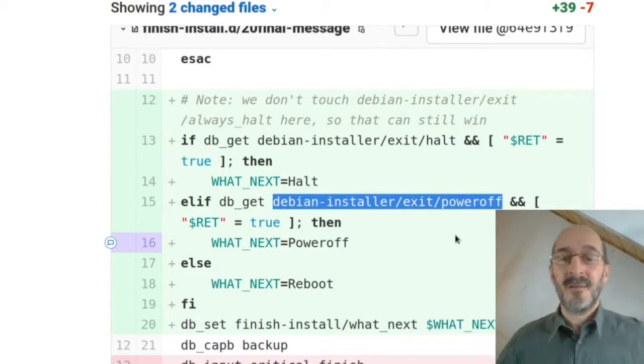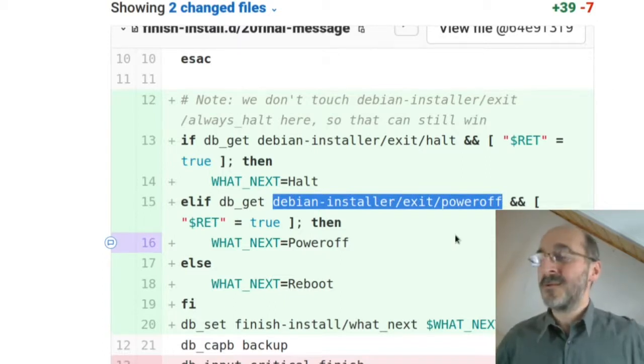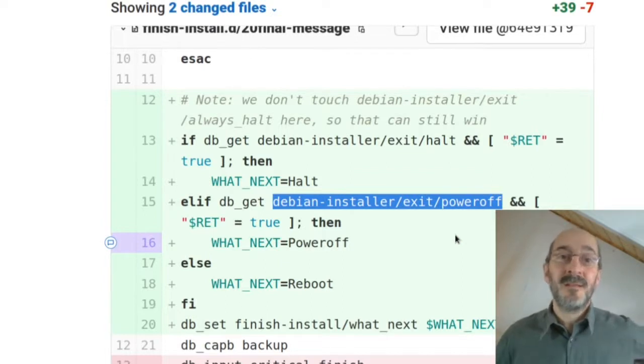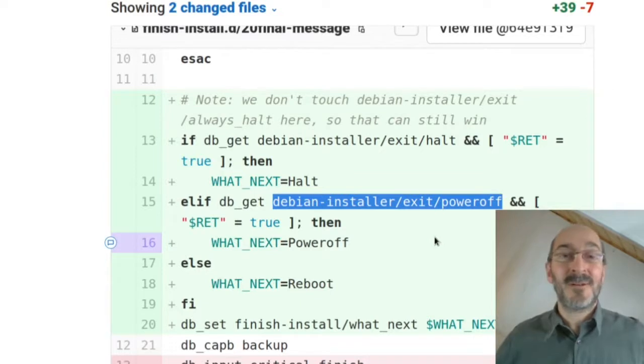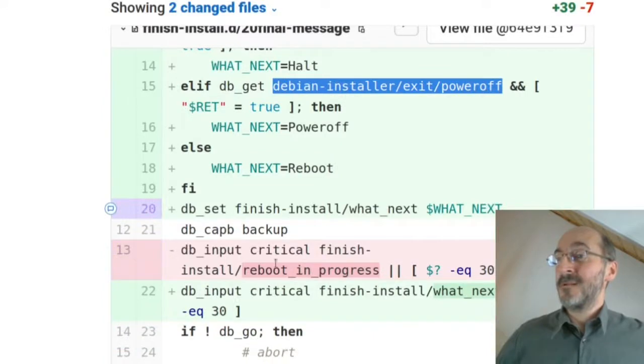So you could actually, I mean, this is one of the reasons why this bug hasn't been fixed, is because you can preseed around it, and then the urgency for fixing the bug goes away, and there's not enough people working on debian-installer, as I mentioned. So things that really break stuff get fixed, and things that would be nice to have but there's nobody actually in agony because of them, they fall by the wayside and they get left in our bug tracker forever, which is a real shame, especially when something is fairly trivial to fix like this is. It didn't take me more than about half an hour to write this,